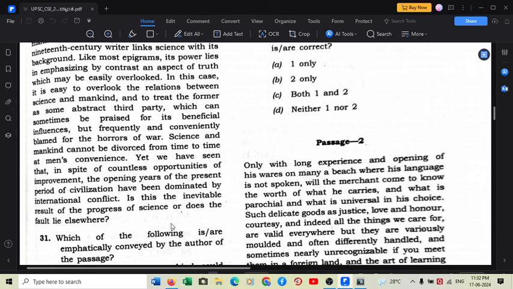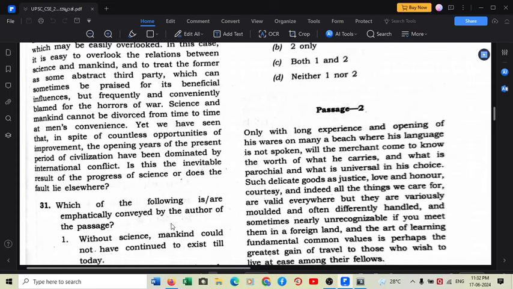Okay, so whenever the passage ends with a question mark, this kind of passage is interrogative in nature. So this kind of passage always ends with a corollary. So definitely UPSC must ask a corollary in this passage. So what is a corollary? UPSC has asked it in the last 5 years also many times. So a corollary is a logical statement which ends the passage logically, right? So it gives a logical ending to the passage. But here we don't have to find out the corollary. So let's see what the question is.